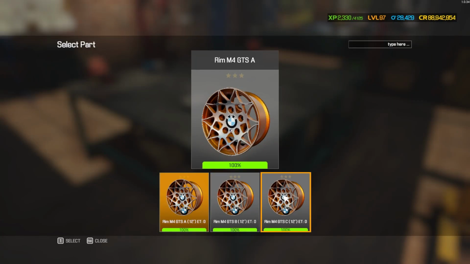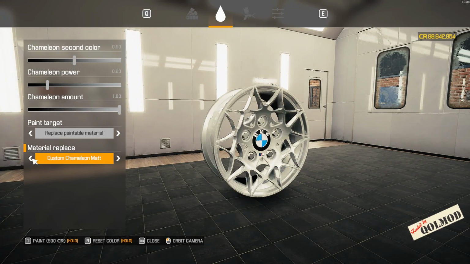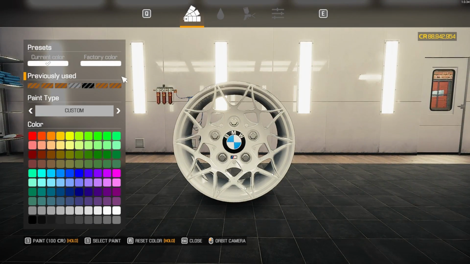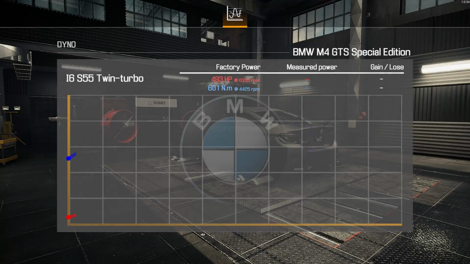And then if we go into C, this one here, we'll just make sure, again, we're not affecting anything with the quality of life mod. That paints the entirety of the rim. So you've got a few options there if you just have the base game. At least I believe these are all paintable in the base game and not over with the quality of life mod. Let's get this beautiful little beast dynoed then and see what kind of horsepower we're putting out after all